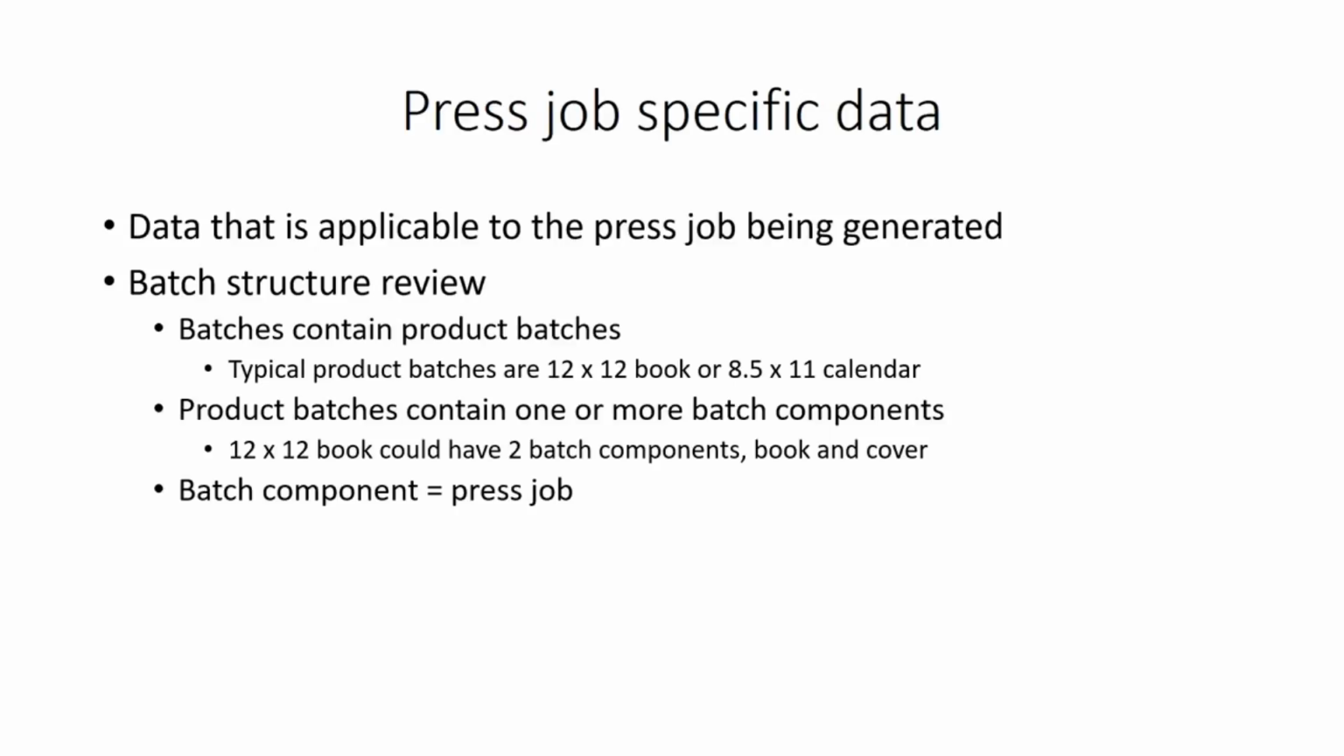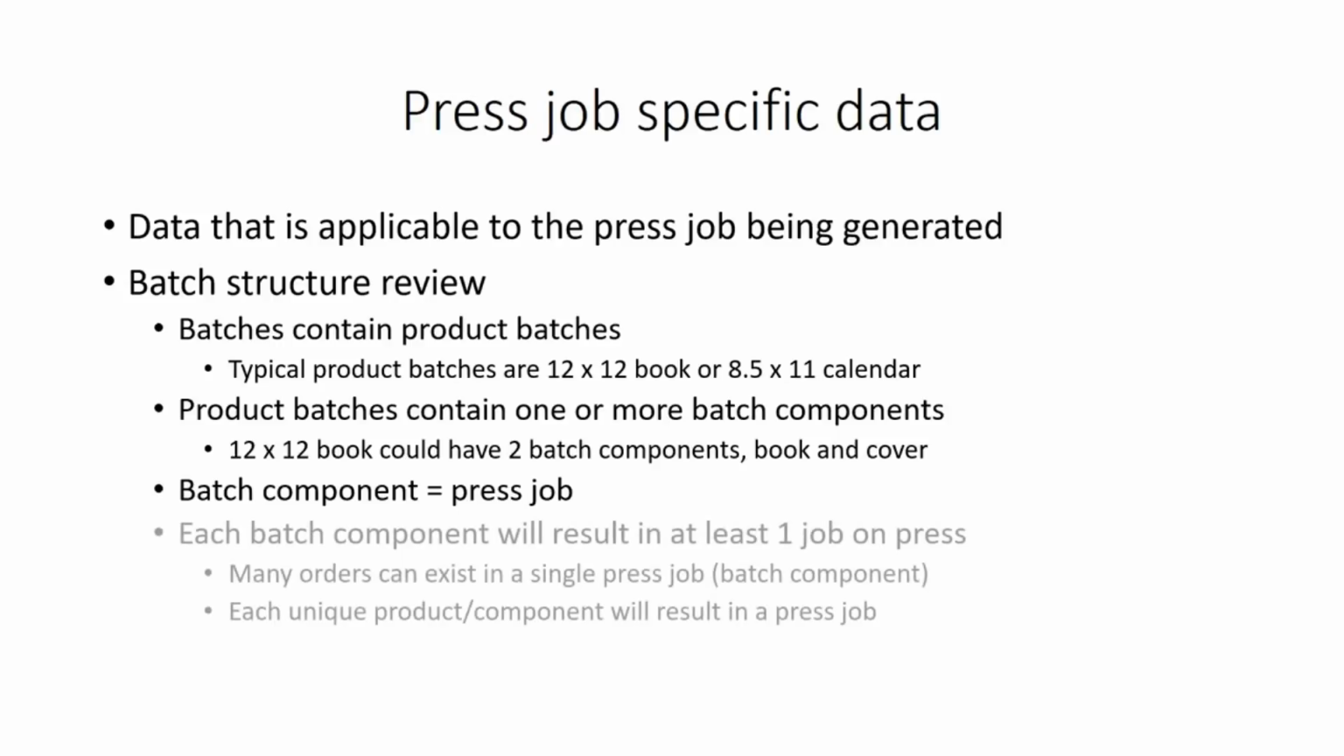Every batch component that exists within our order batch will result in one job on press. Keep in mind that our book block press job can have any number of book blocks in it. This will be determined by the number of orders that exist within our batch for the 12 by 12 product. Even though it is the same product, our cover component will result in a completely separate press job consisting of